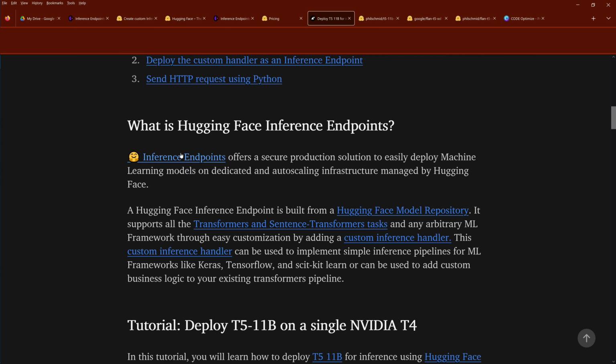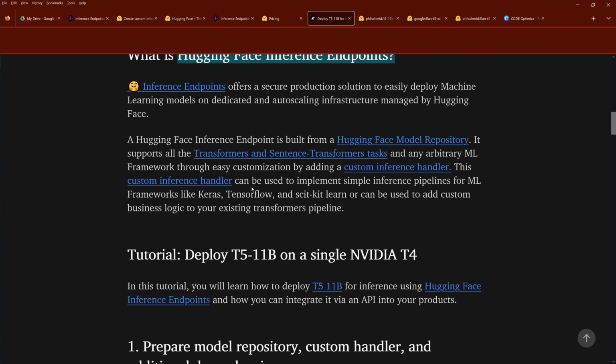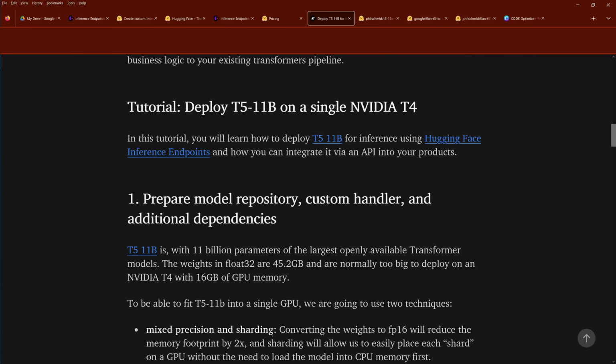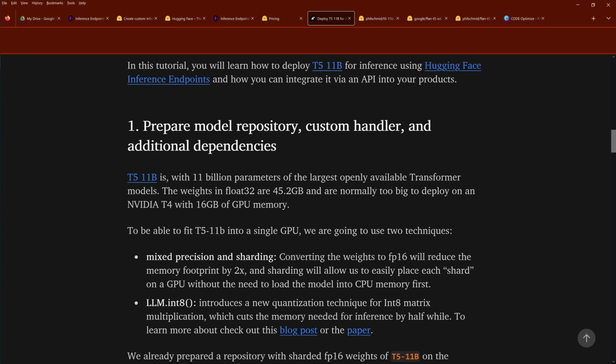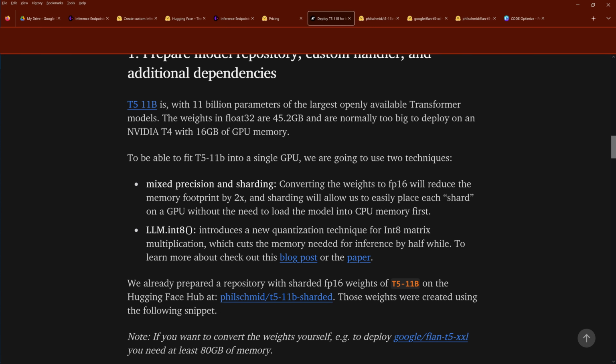So he explains here what our Huggingface Inference endpoint is. You know this already. On a single NVIDIA, yeah, this will not work. It's normally too big to deploy on an NVIDIA T4. To be able to fit the T5 11 billion model into a single GPU, exactly here, look, mixed precision and sharding. You notice I showed you. And here he introduces something I haven't shown you,